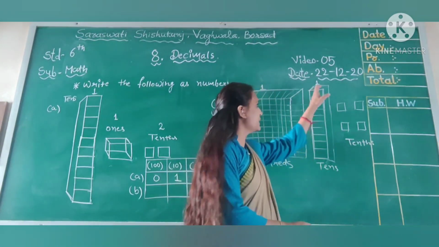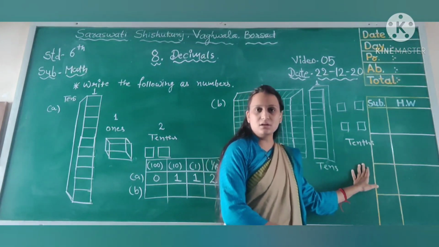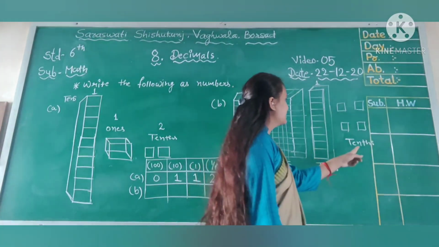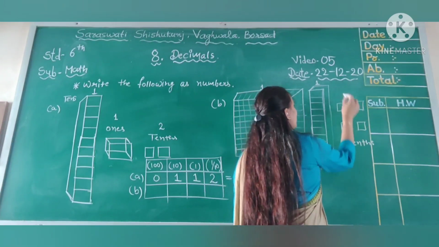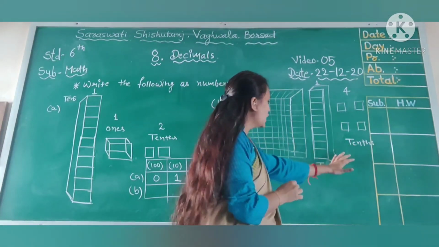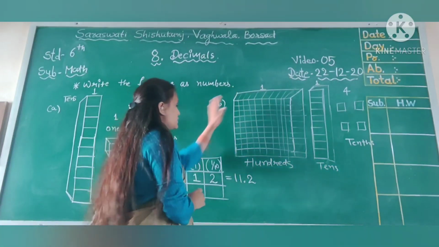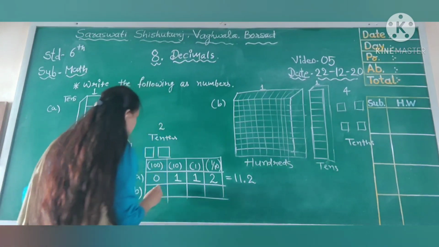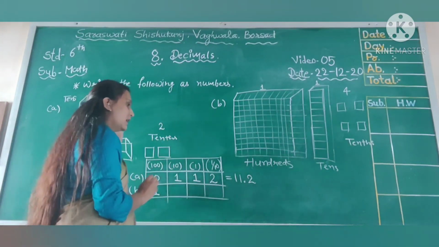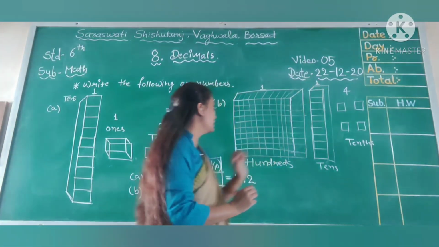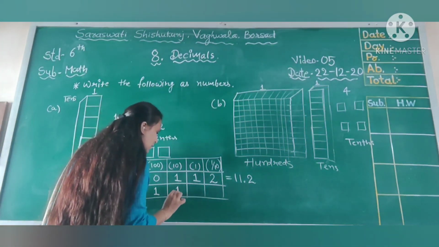So on 10th place, we have given one. Now, this is the 10th place, means 1 upon 10th part. Okay, so at 10th place we have given 1, 2, 3, 4, so 4 smaller blocks. So let us define the block in table value. So on 100th place you can see one block is given. So on 100th place we are going to write here 1. Now on 10th place we have given again one block. So on 10th place we are going to write one block.